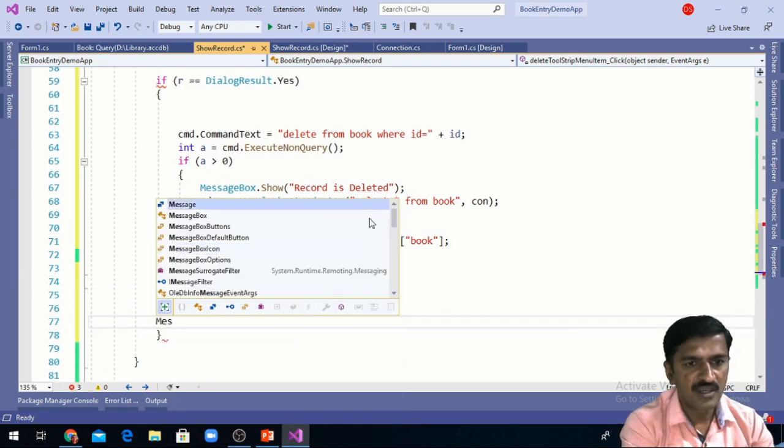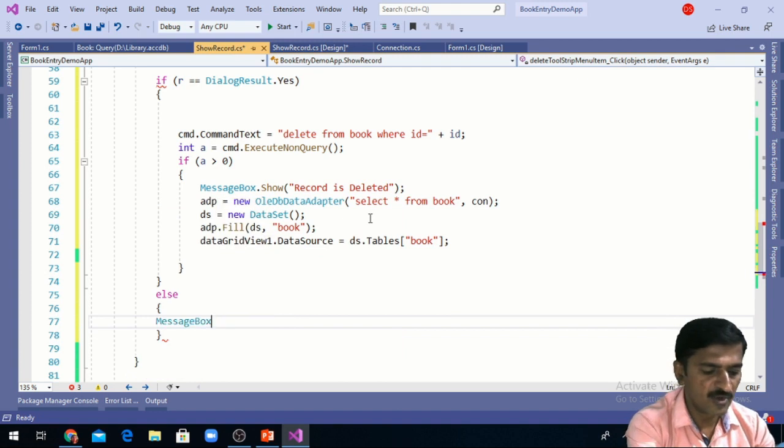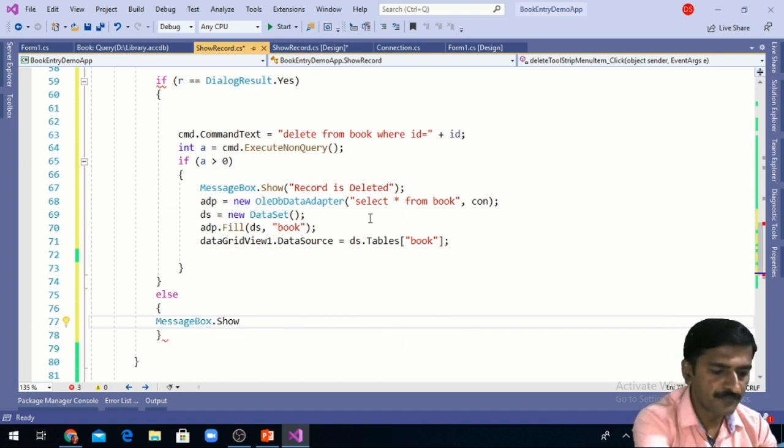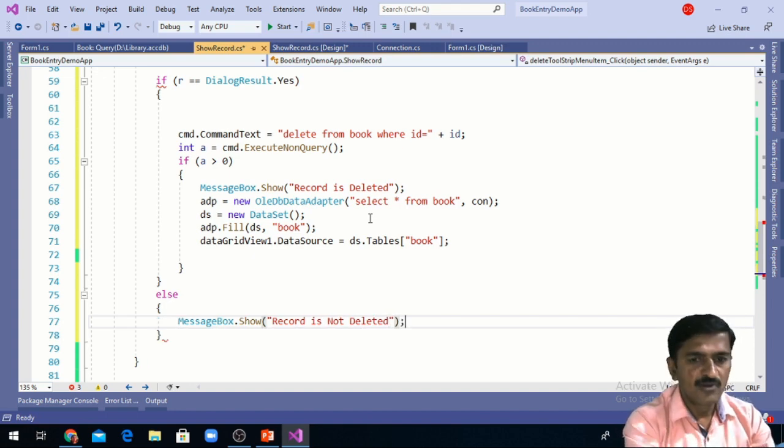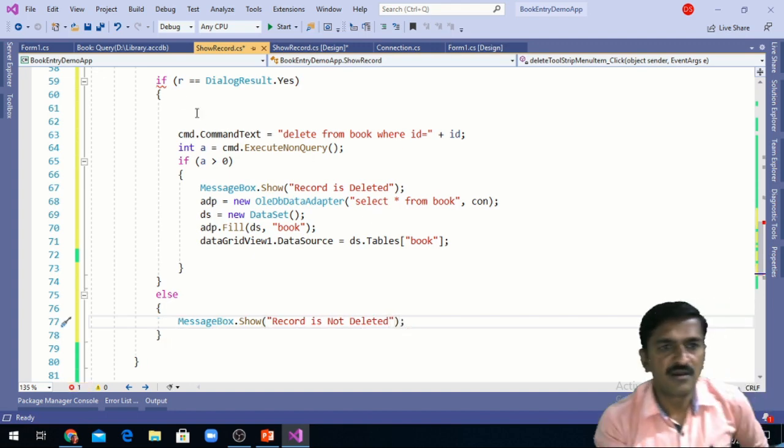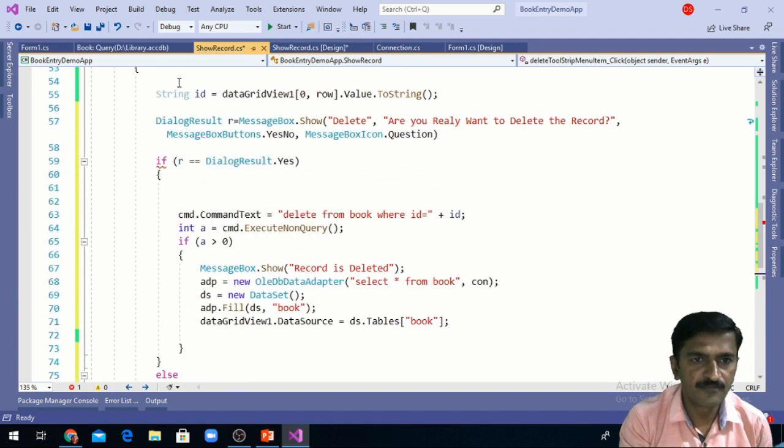So here I'm going to display the message record is not deleted. So we can test for the output.